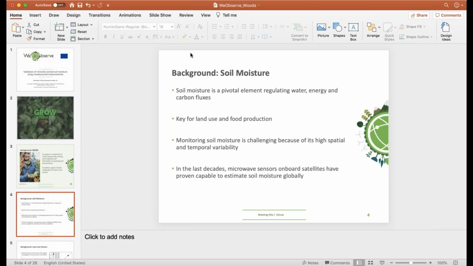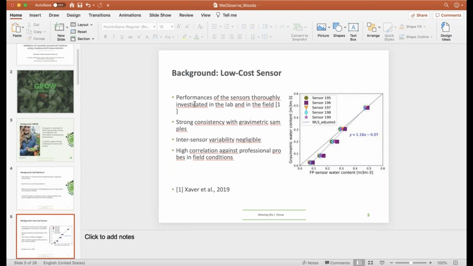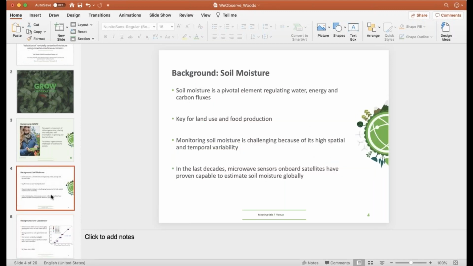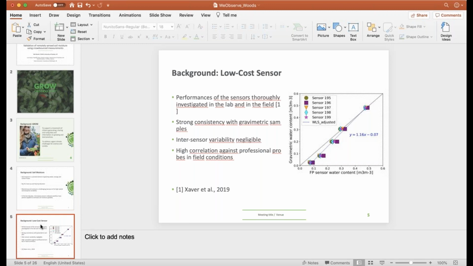So the soil moisture, of course, we know is a pivotal element regarding water, energy and carbon fluxes. We know it's key for land use and food production. Monitoring soil moisture is challenging because of its high spatial and temporal variability, even within a single parcel of land. And in the last decades, microwave sensors on board satellites have proven the capability to estimate soil moisture globally, but that is an estimate. What we were hoping to do is to get a much finer grained understanding of that